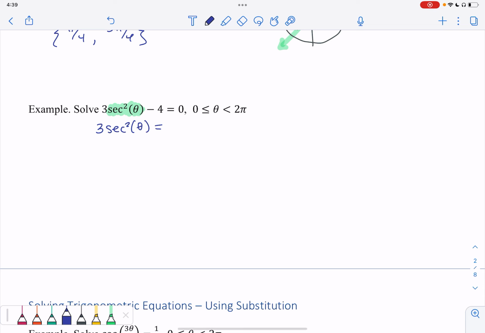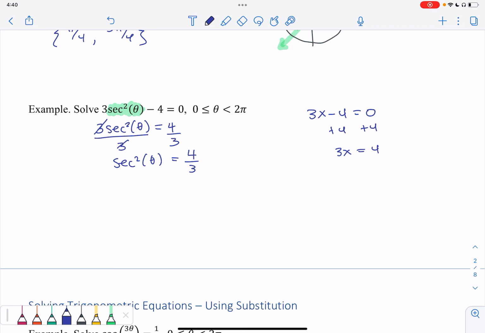Right, so just imagine that was like an x. If you had 3x minus 4 equals 0, you would add 4 to both sides to get started. Your next step would be divide both sides by 3 to keep going, right? So it's the same thing here, and this 3 is just knocked off, so the secant squared theta is kind of like undone here. Now, if I have something where I have secant squared of theta, I'm going to be careful here because